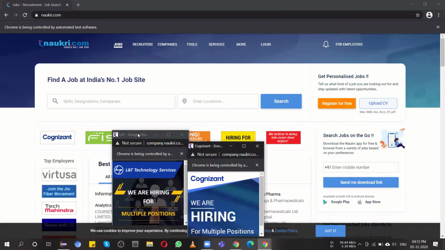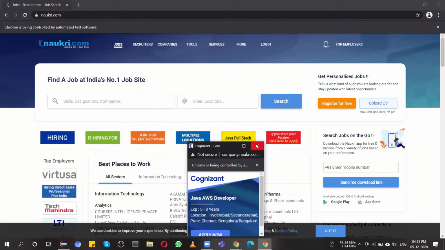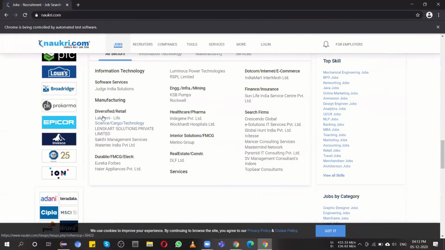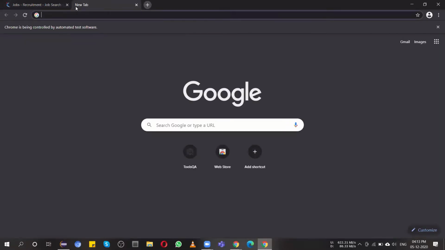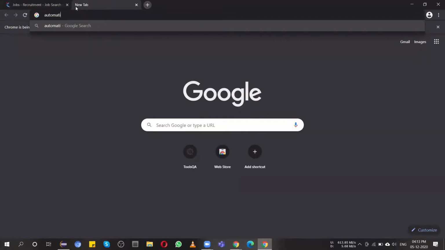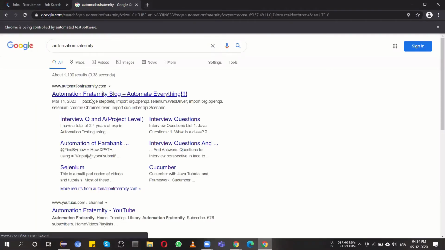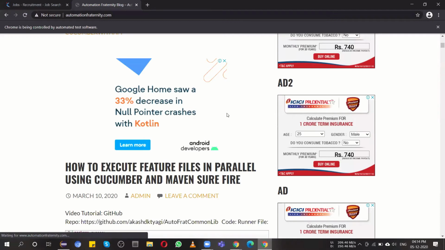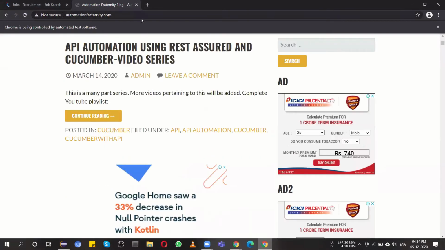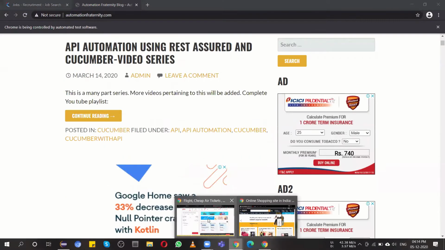Yeah. So see, we are not dealing with those pop-ups, but give me a minute. So it is coming with ads. Yes, this is what I really want to tell you.